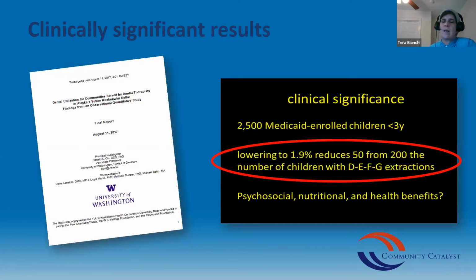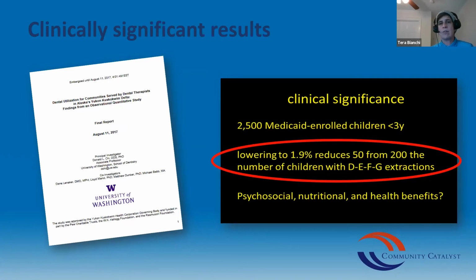And this just goes back to what Davison was talking about, and that is the results. And so yes, improved access, but what they're finding is that there are more adults and children who are getting prevention and keeping their natural teeth. So there's a clinically significant difference. And I pulled this slide right from Dr. Donald Chi's study. He is the one that led the 10-year study of the Alaska program.